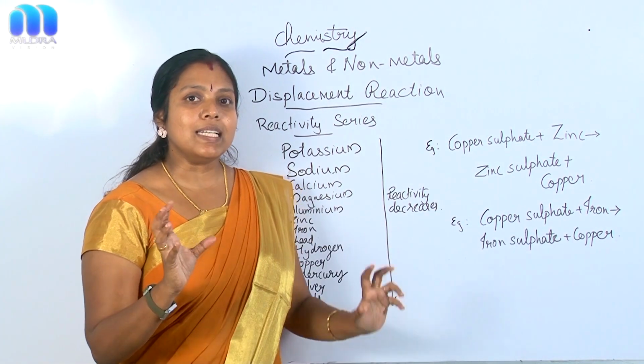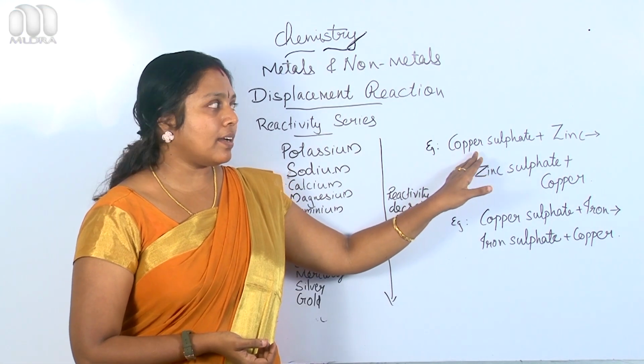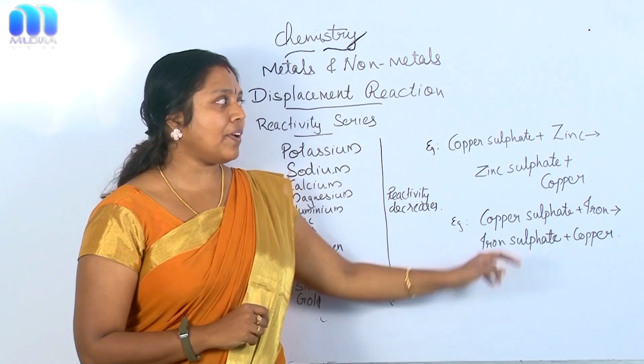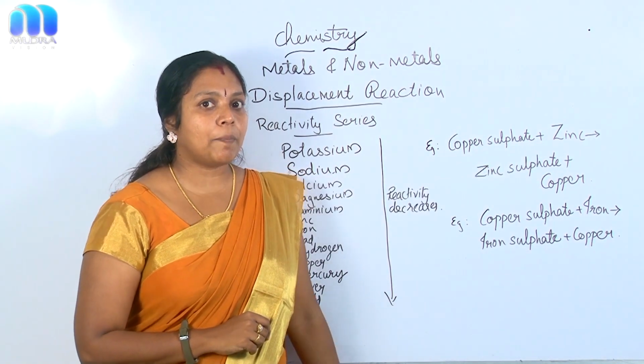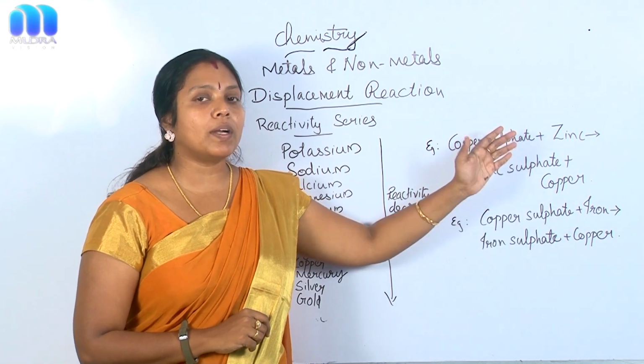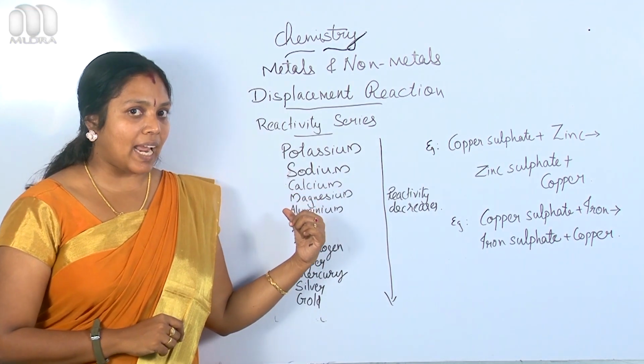Here occurs a displacement reaction, right? Reactants here are copper sulfate and zinc. When copper sulfate reacts with zinc, the products obtained are zinc sulfate and copper. What happens here? When we look here in the reactivity series,